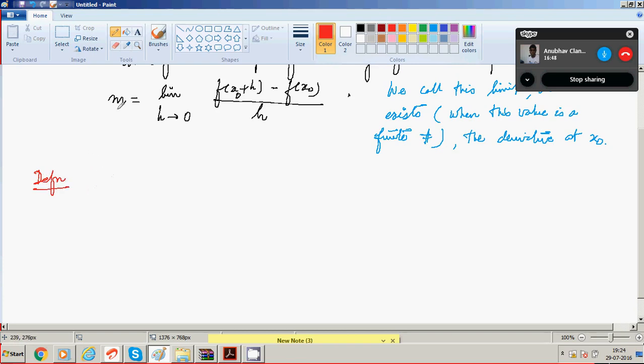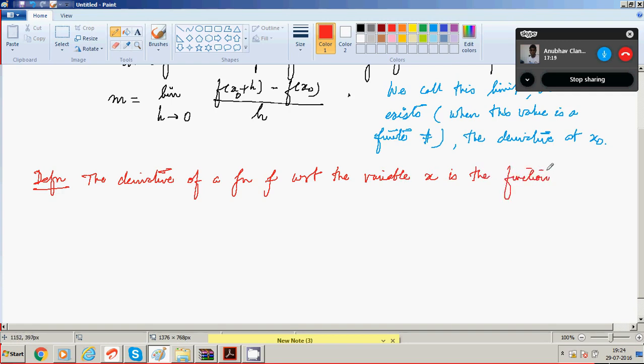Definition: the derivative of a function f with respect to the variable x is the function f prime whose value at x is